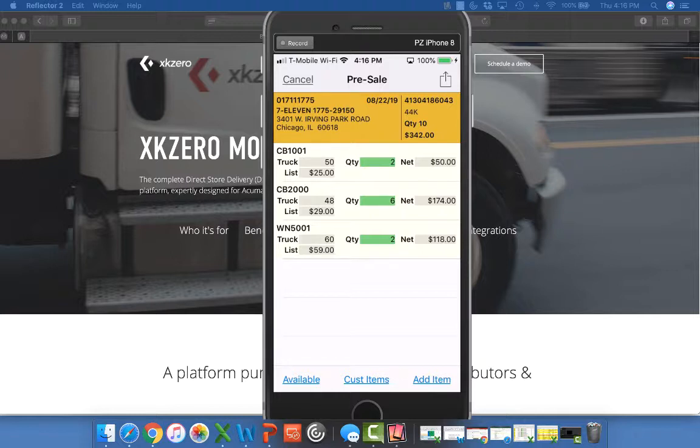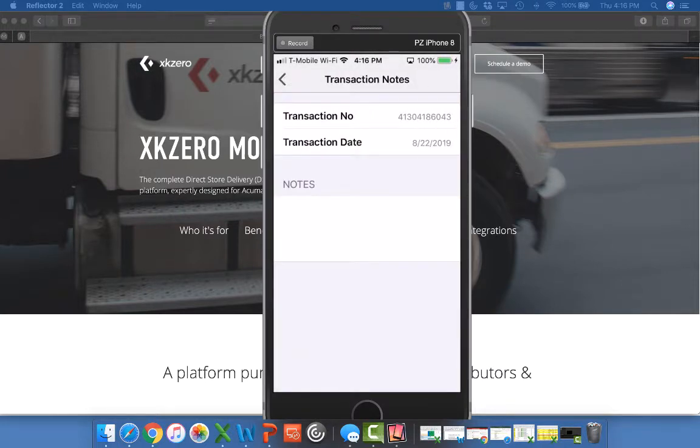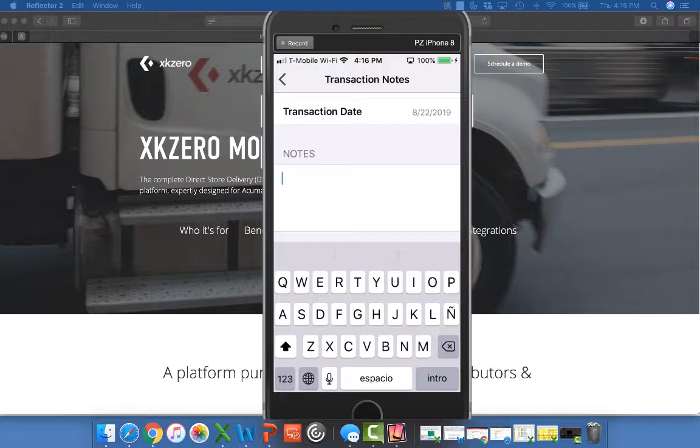Okay, now I'm going to tap on the action button again and talk about a couple other options here. So transaction notes: we do have header comments that we can add to the order, but we also can add a very, I better change to English,